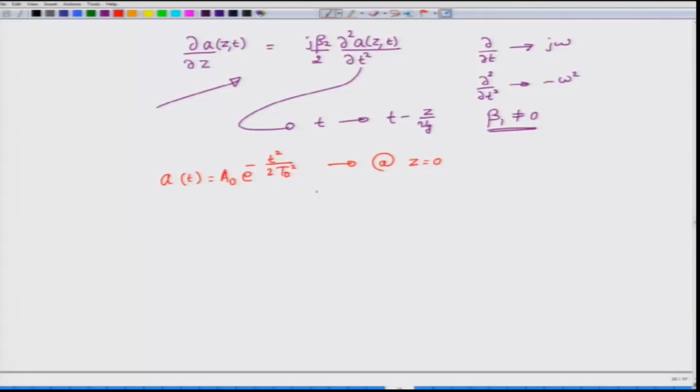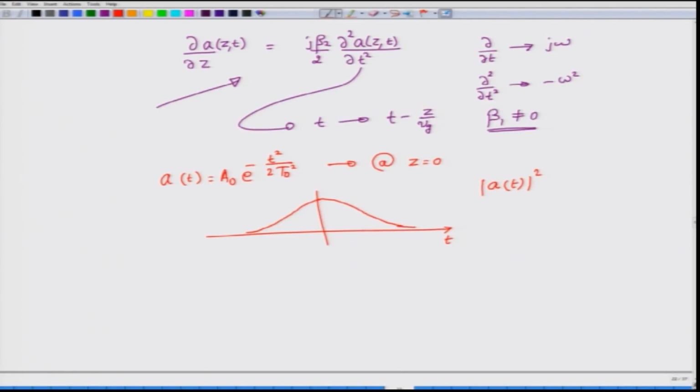Okay. So, this is the pulse that I am going to launch, and just for your reference, this is how the pulse would actually look. Of course, I cannot show you how it keeps going all the way to infinity. So, I am going to just draw it like this and then leave it, with the hope that you understand this pulse is actually going towards 0 as t tends to infinity. Okay. At t equal to 0, it has a value of a 0, but I am not going to plot this a of t, but rather I am going to plot magnitude a of t square.